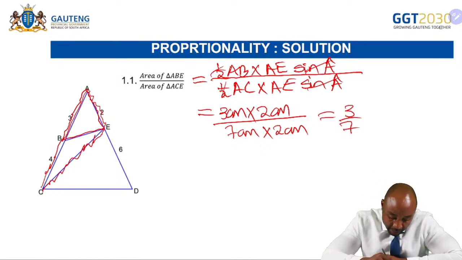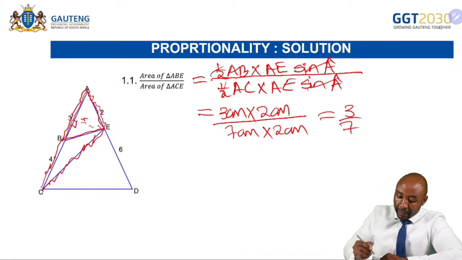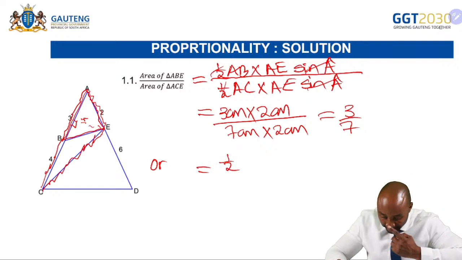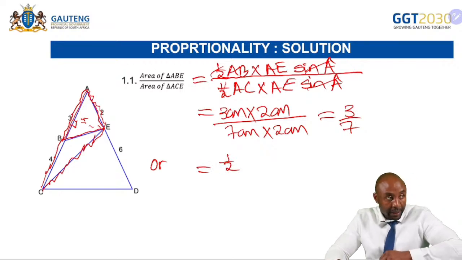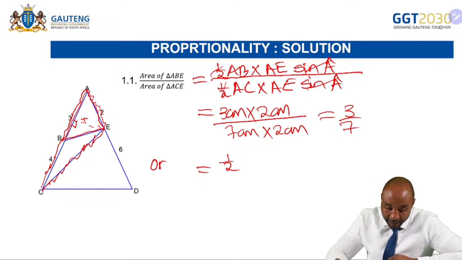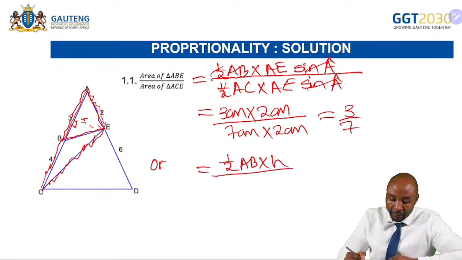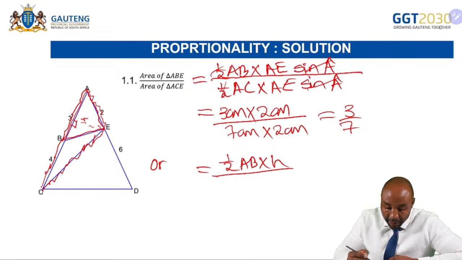If you want, you can construct a perpendicular height from AB to E. I'll use a dotted line and I will have that as a height. And then this is the alternative solution, or it will be equal to half. If you look at triangle ABE, our base is going to be AB times the constructed perpendicular height over, if you look at triangle